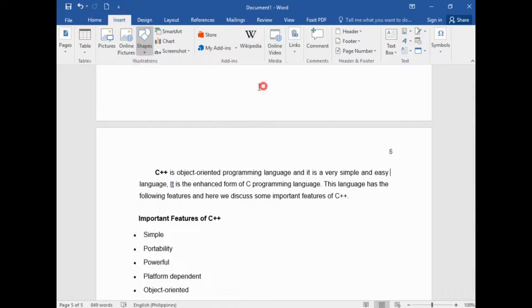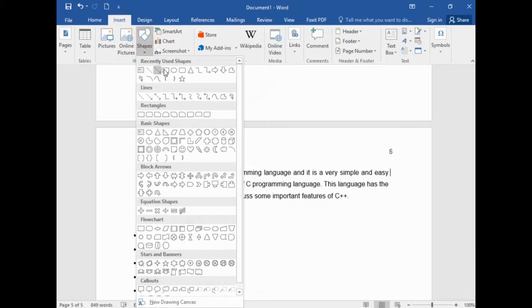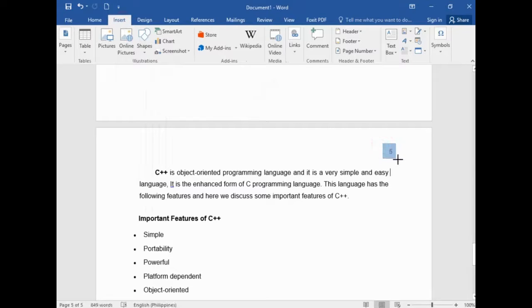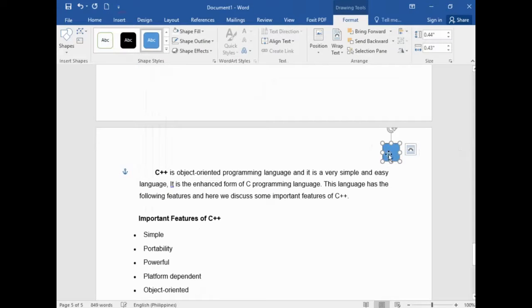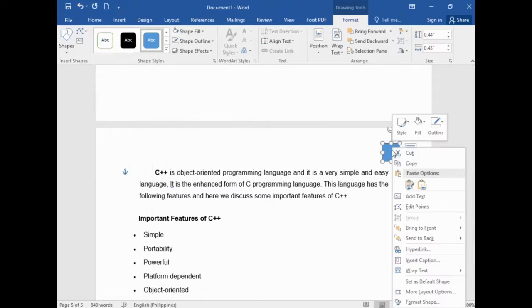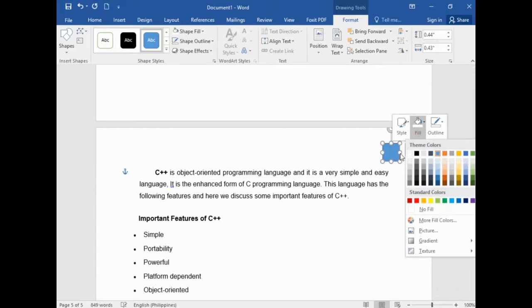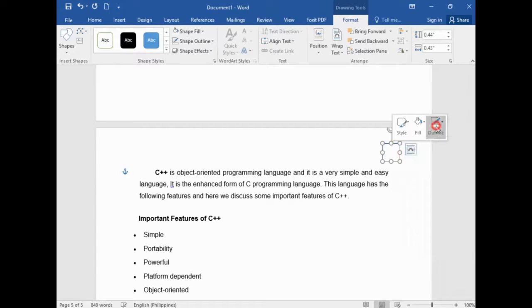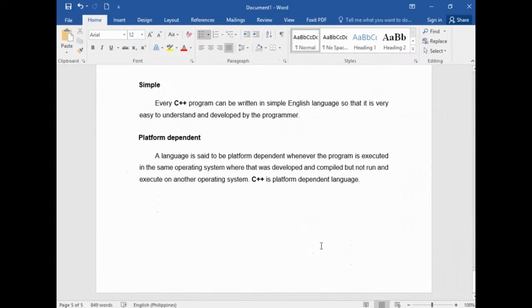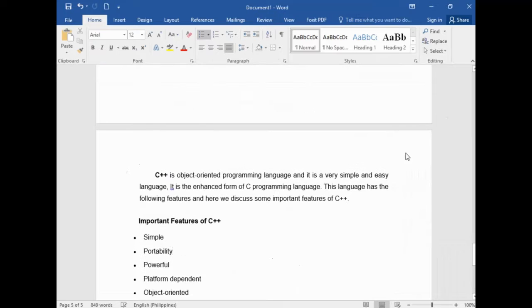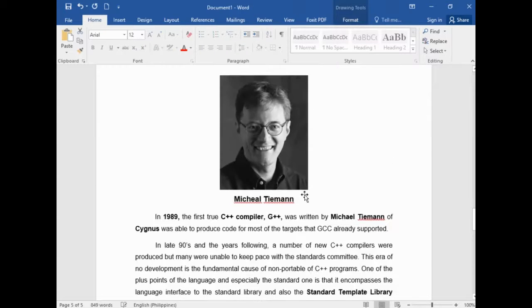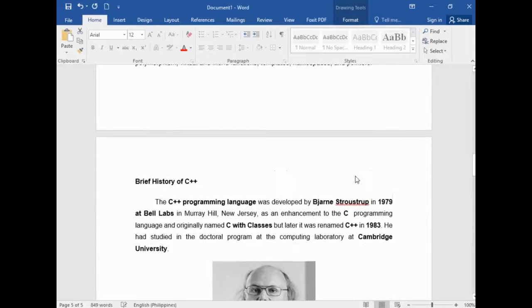Go to Insert, Shapes, select rectangle, and draw here. Right click, select Fill White, go to Outline, No Outline. So very simple. We have already covered page number 5